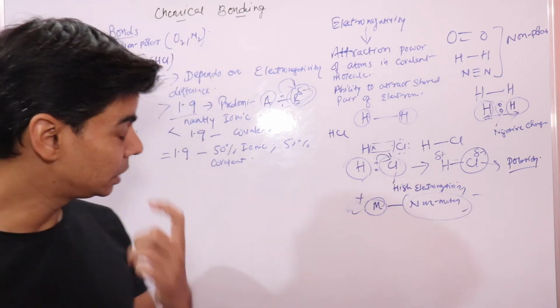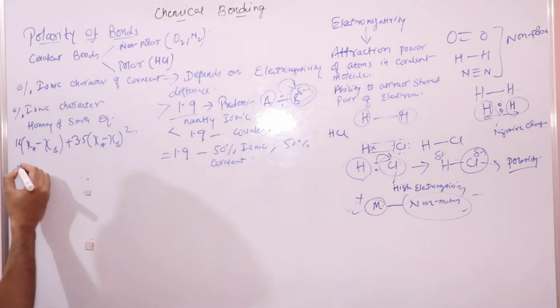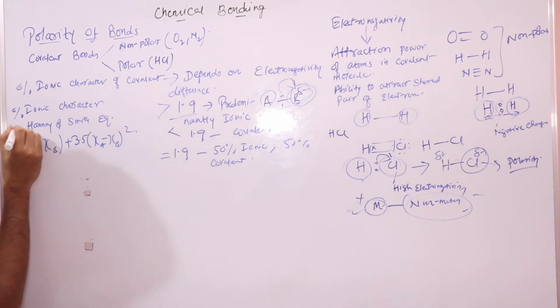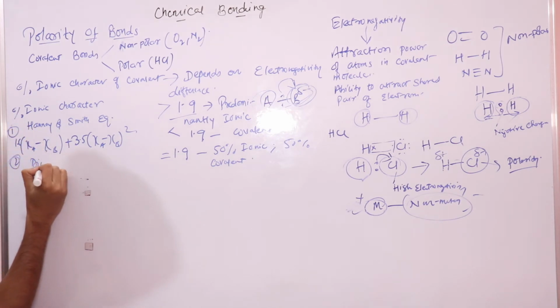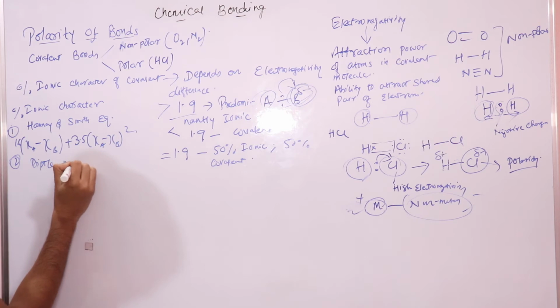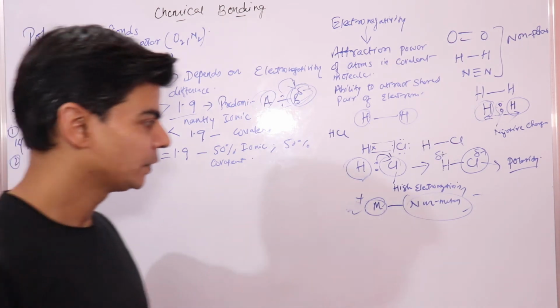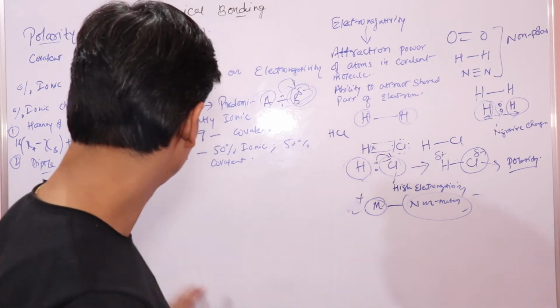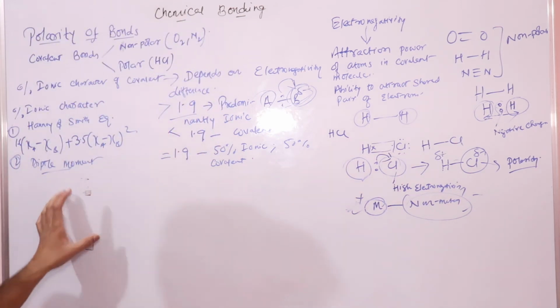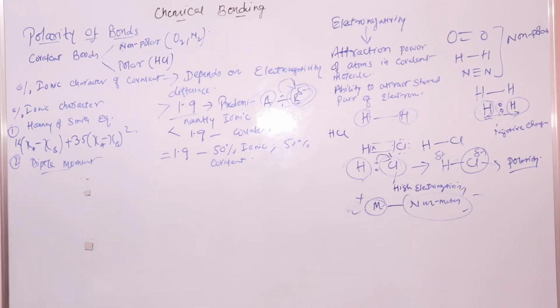There is another way to determine the percentage ionic character. This is the first way. The second way is your dipole moment. We will do this in some time, right? How to determine the percentage ionic character based on dipole moment. So till this point we are clear,